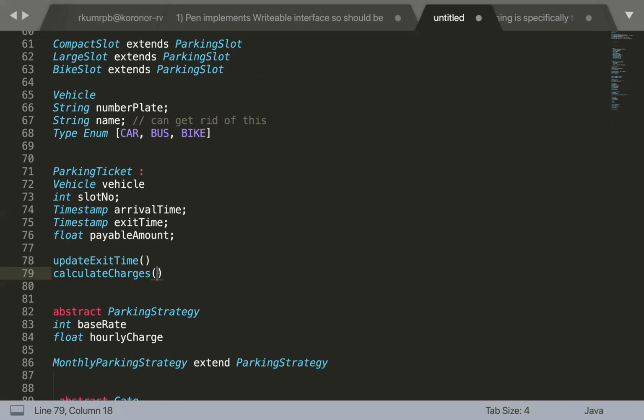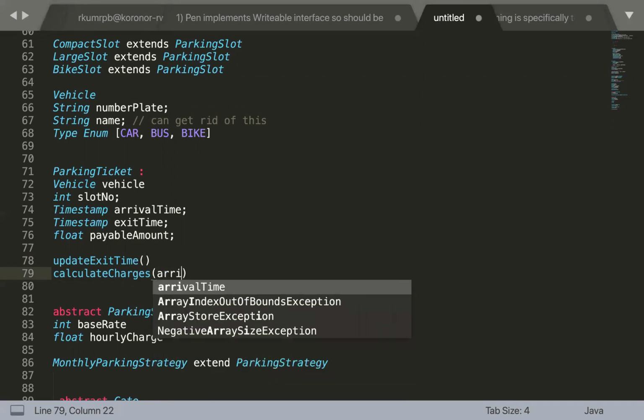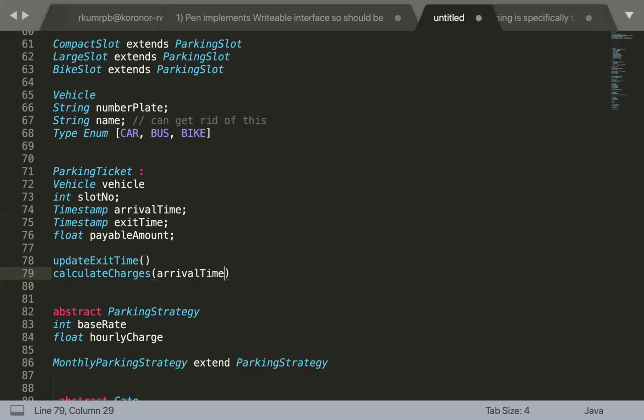Arrival time, exit time. These are all available with the parking ticket itself, right?